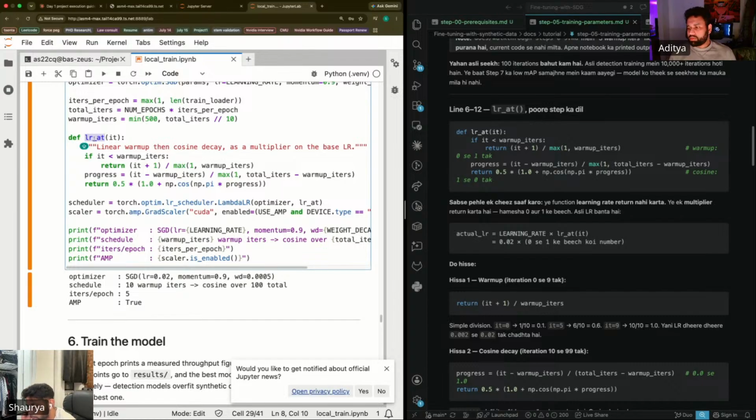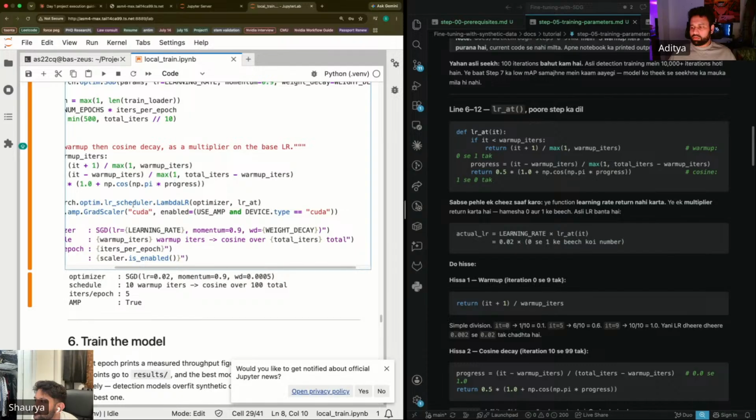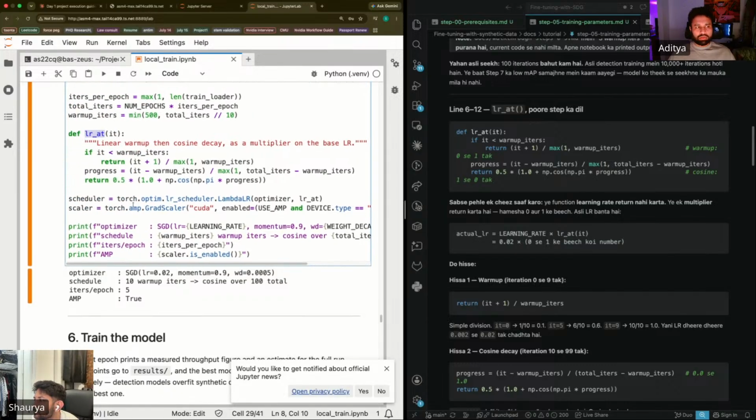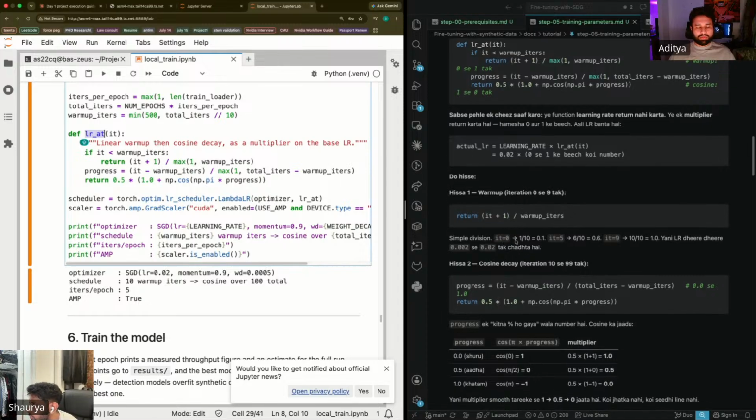सबसे पहले एक चीज साफ करो, ये फंक्शन लर्निंग रेट रिटर्न नहीं करता, ये एक मल्टीप्लायर रिटर्न करता है हमेशा 0 और 1 के बीच। असली एलआर बनता है एक्चुअल एलआर इज इक्वल टू लर्निंग रेट इनटू एलआर एट, यानी 0.02 इनटू 0 से 1 के बीच कोई नंबर। और वेयर इज दैट रिटर्न? दो हिस्से, हिस्सा 1 रिटर्न it plus 1 divided by warm up iterations, 1 by 10, 2 by 10 ... 10 by 10. धीरे धीरे 0.002 से 0.02 तक चढ़ता है, फिर कोसाइन डीके।